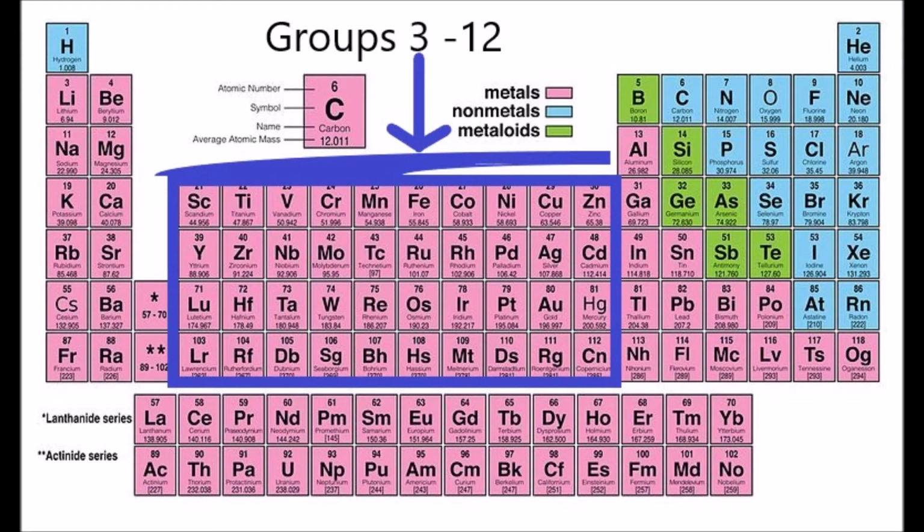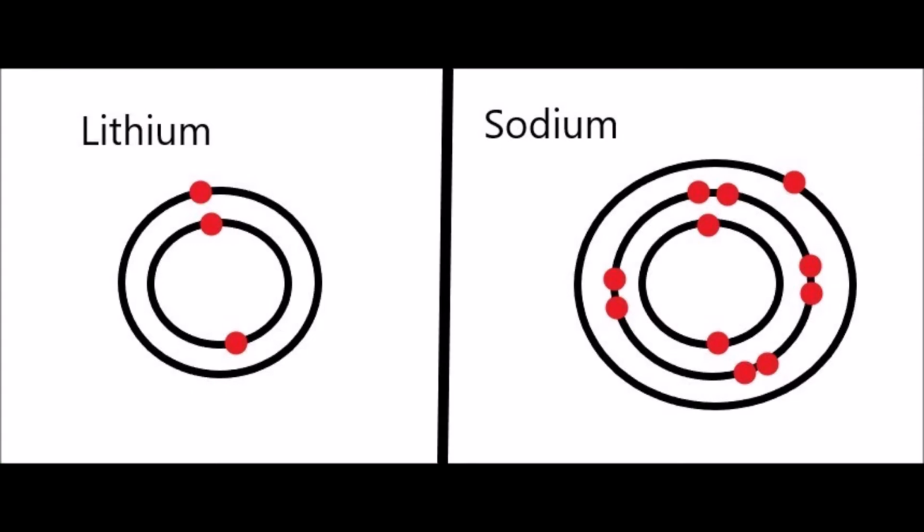Now, there are 18 vertical columns, but at the introductory level we focus on 8 of them, as we group groups 3 to 12 into the transition metals. Now, down the group, each element has one more electron shell than the one above it. However, in each group, all the elements have the same number of outer shell electrons,